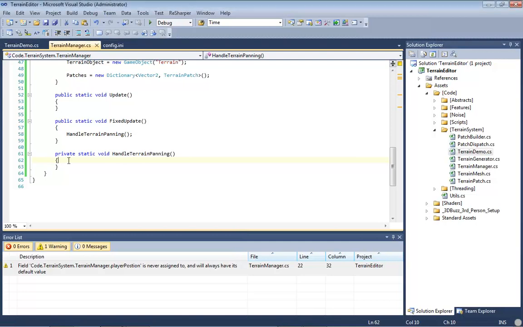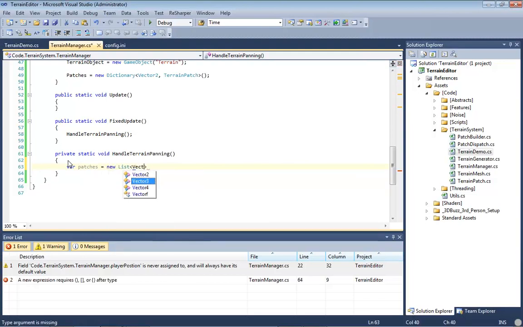Okay, if you remember from our earlier session, we had this big, long list of methods handling adding patches to the add patch list, removing patches, adding patches by row, and all that nastiness. This is a much more elegant solution that I came up with. So what we're going to do is make a list. I'm just going to call it patches, lowercase. This is going to be a new list